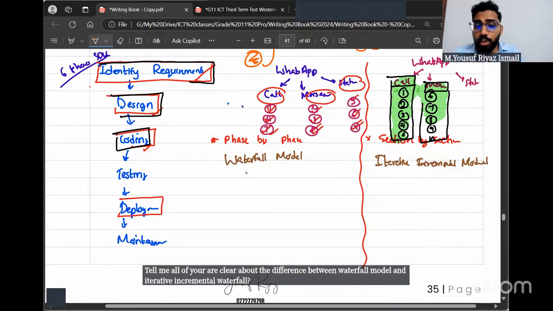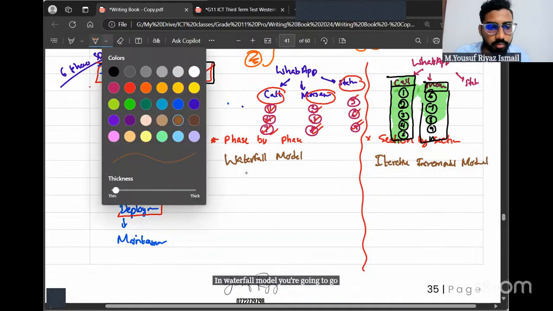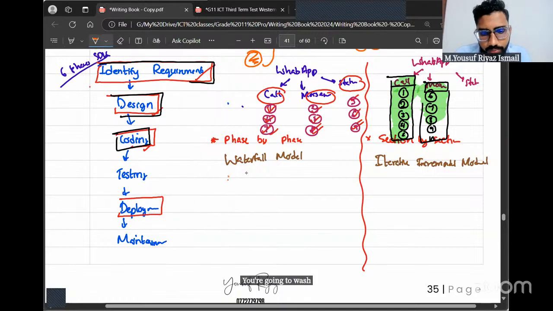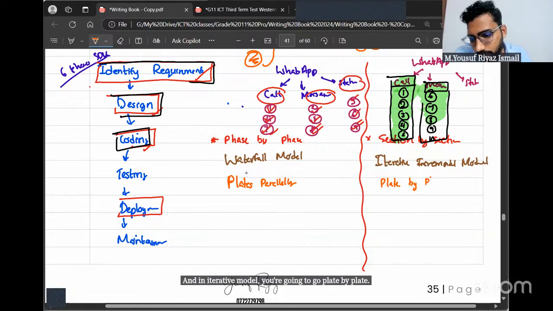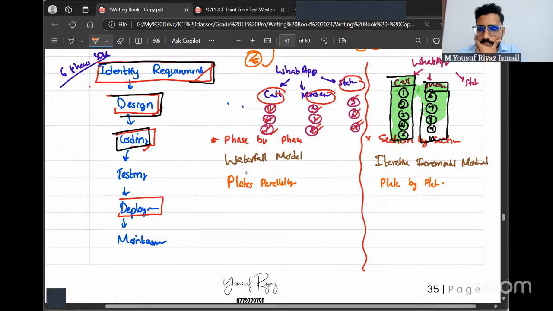In the waterfall model, you're going to wash all the plates parallelly. And in the iterative incremental model, you're going to go plate by plate. That kind of approach. Got the idea?